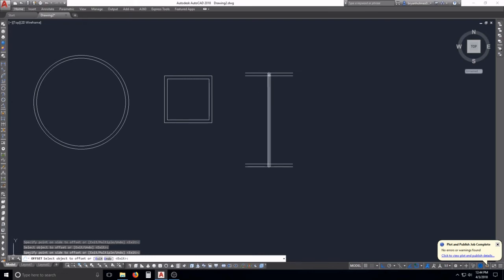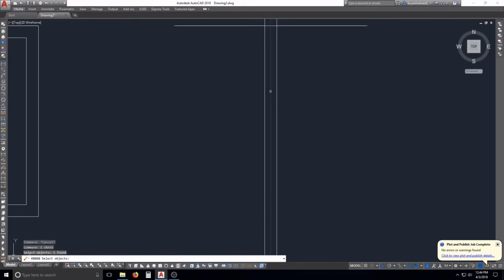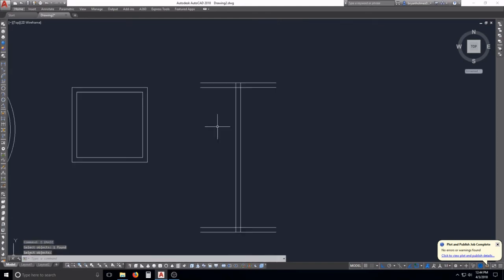Now let's erase that middle point, so get out of that by escaping. You can get out of any command by escaping if you didn't know that. So we can type in E, select your middle line, bam, and then enter, and then she's gone. Now we can connect these open-ended pieces and trim out the center pieces. So we're going to draw a line from top to bottom, and then from this one again draw a line from bottom to top. Now all you gotta do is trim that out, TR, enter,